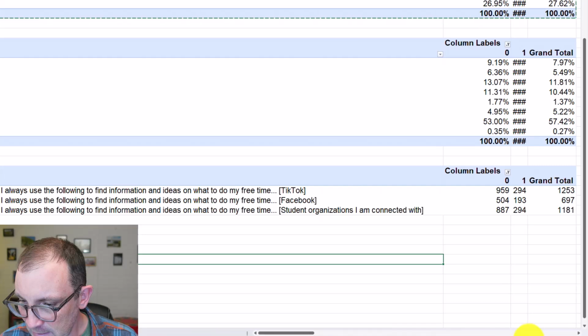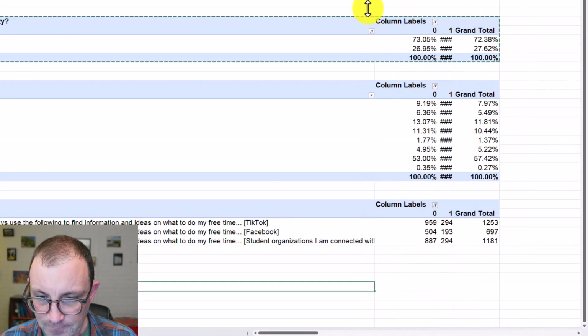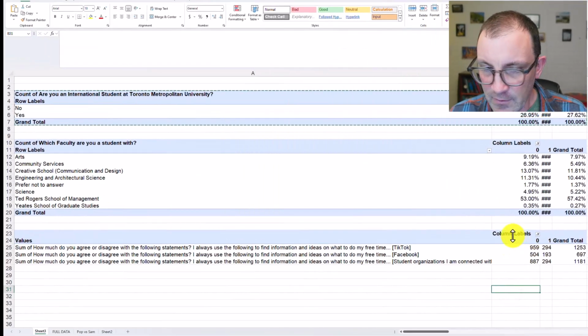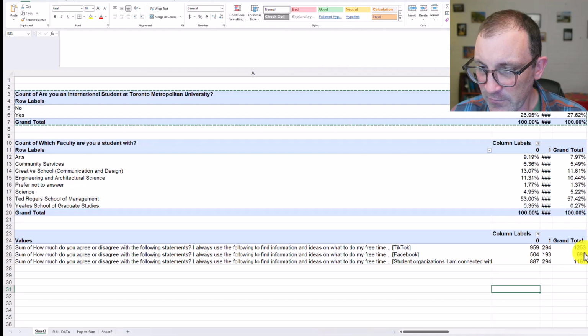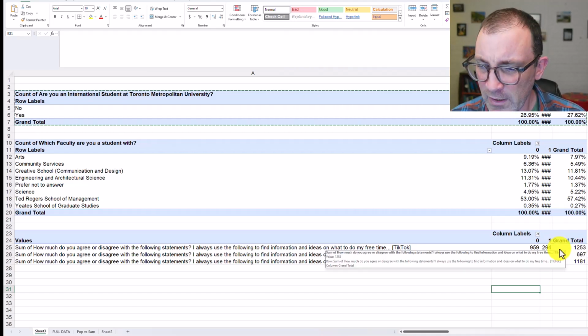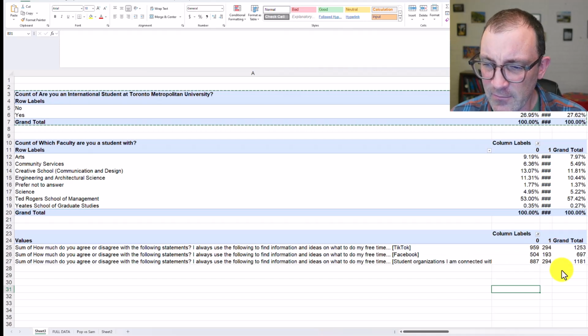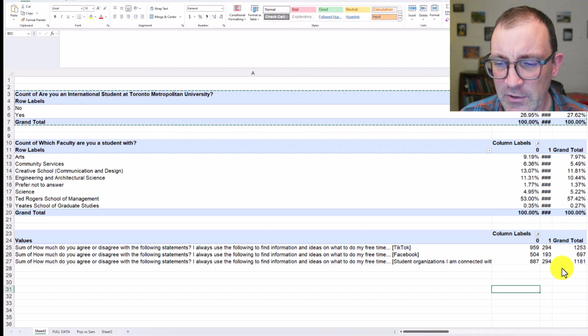Now let's make sense of this because it's a bit confusing. What do these numbers mean? 1253, 294, it doesn't quite make sense. That's kind of an odd thing to do there. So we've got to go back and think about what's the data that we actually collected from this. So if we look at the survey,